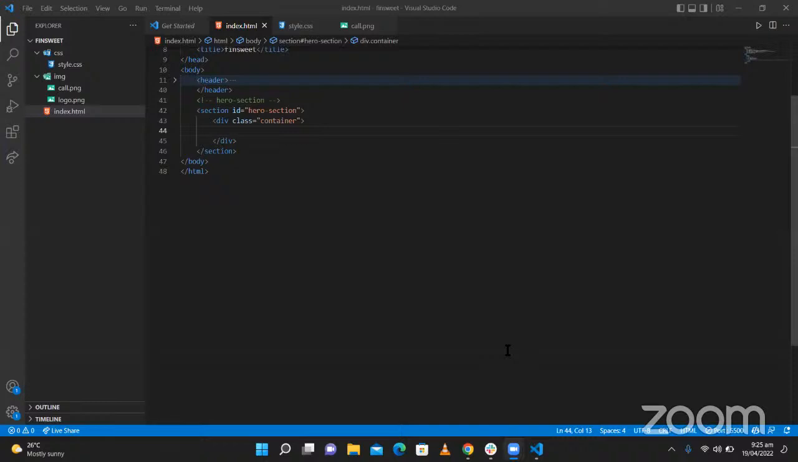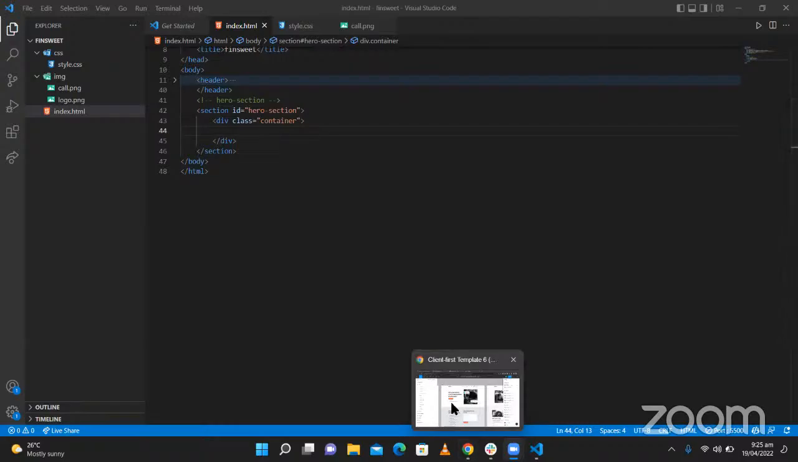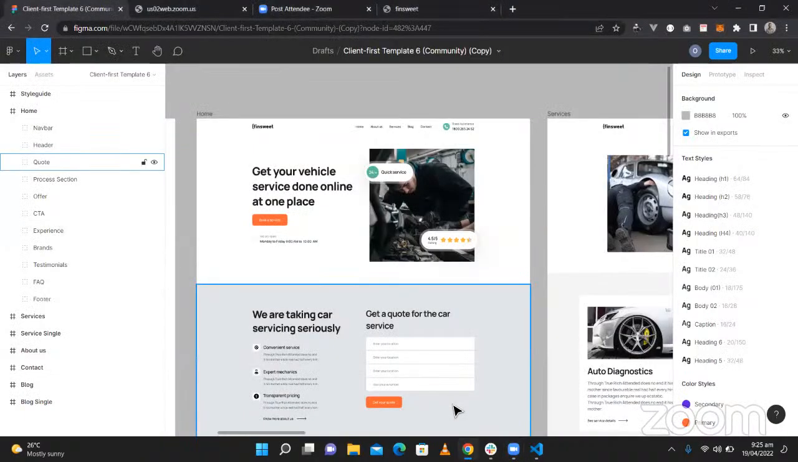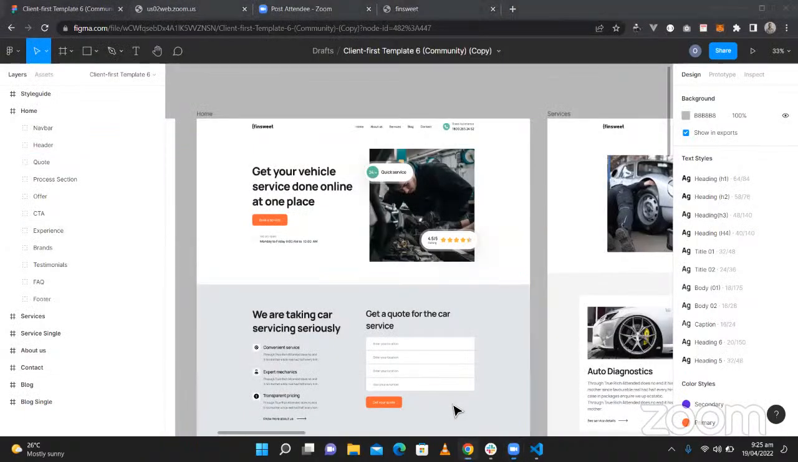Okay, so for this section, we've done that container class. So I'm actually going to divide it into two sections. Now, if I were to divide this,